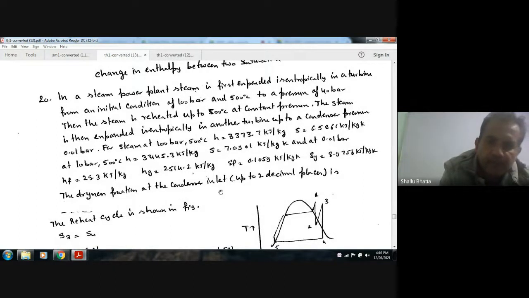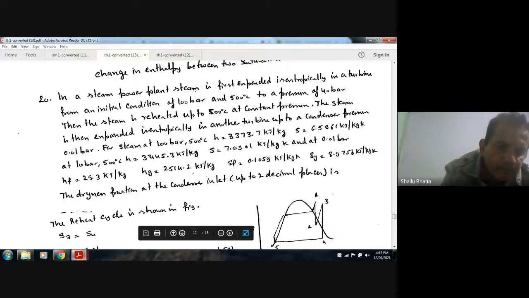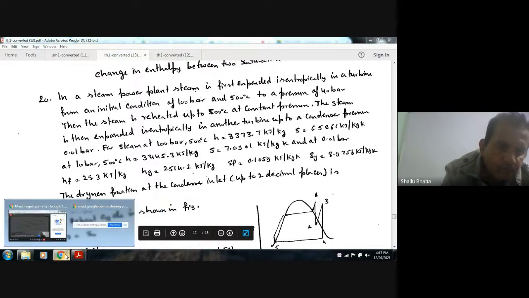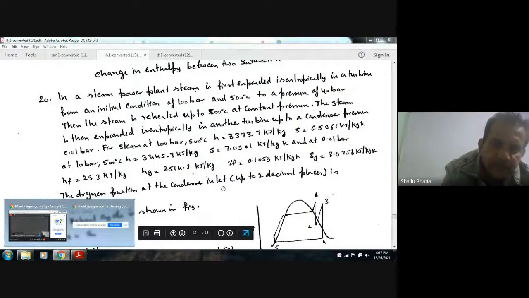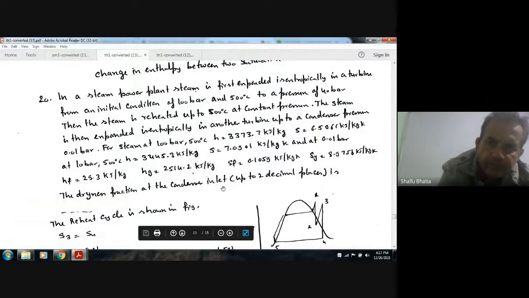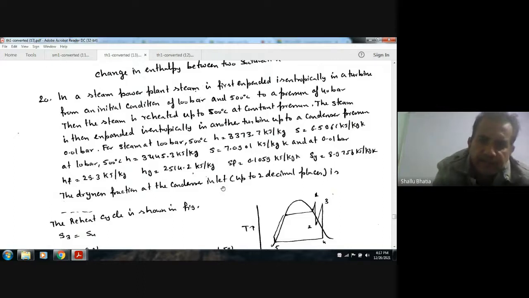in a steam power plant, steam is first expanded isentropically in a turbine from an initial condition of 100 bar and 500 degrees Celsius to a pressure of 40 bar. Then the steam is reheated up to 500 degrees Celsius at constant pressure. The steam is then expanded isentropically in another turbine up to a condenser pressure of 0.01 bar. For steam at 100 bar, 500 degrees Celsius, H